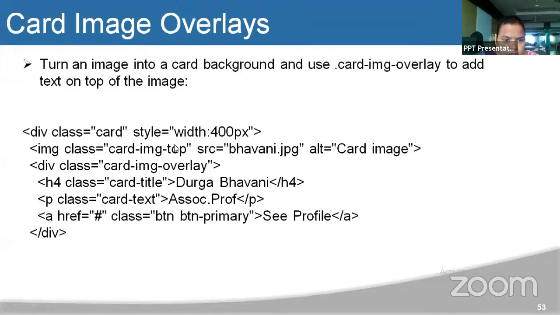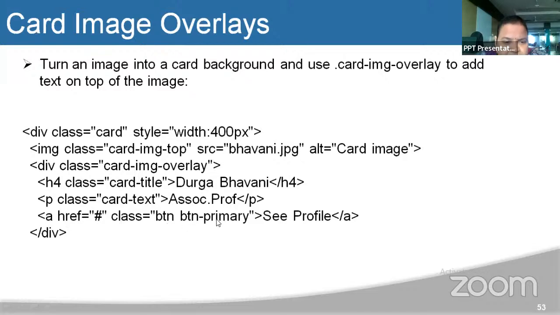This is a class name, and then as usual src equals the file name to display, and alt is the alternative message. These are all predefined attributes for the image tag. Now the important thing is the class name: use the class card-img-overlay, and then card title, card text, and